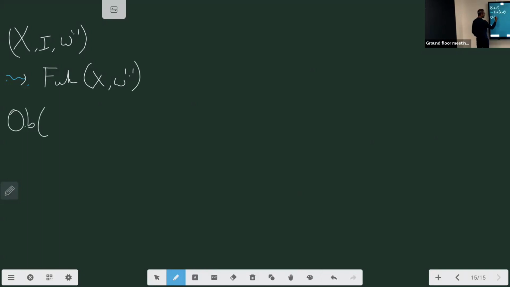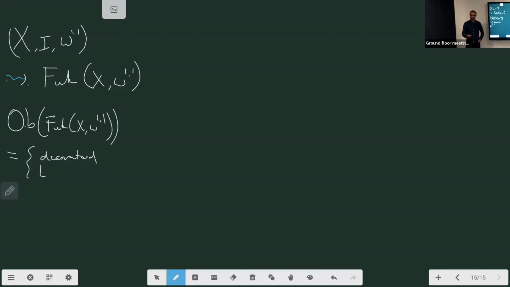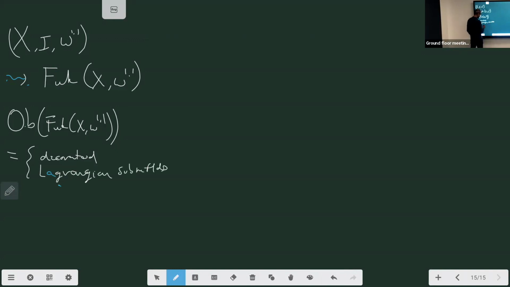The objects of this category are Lagrangian submanifolds, so decorated. I can get away by just saying decorated. All possible things that could go wrong with my definition are included in this decoration. So decorated Lagrangian submanifolds L inside X,